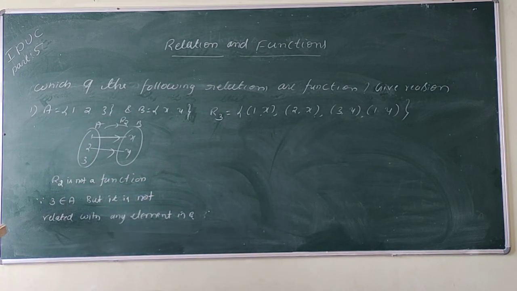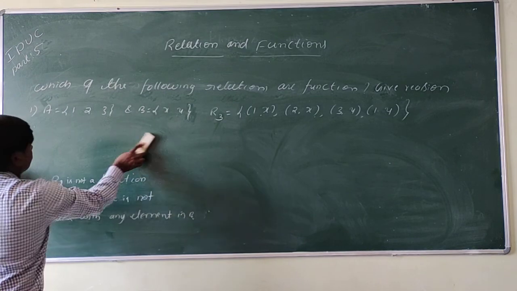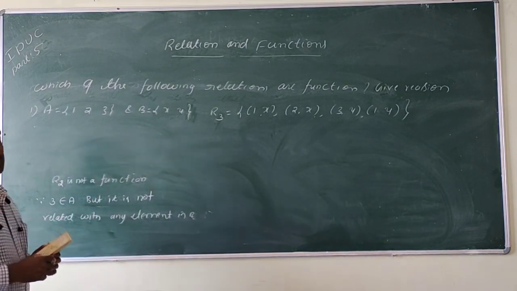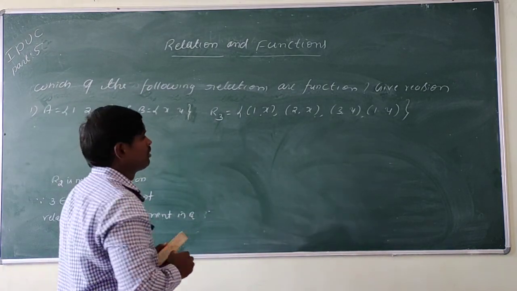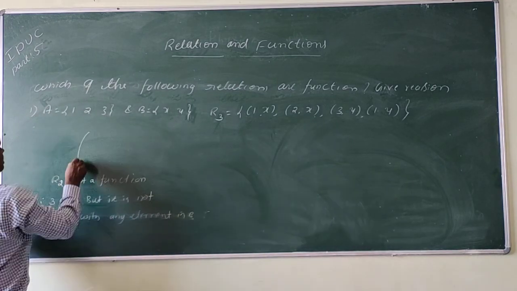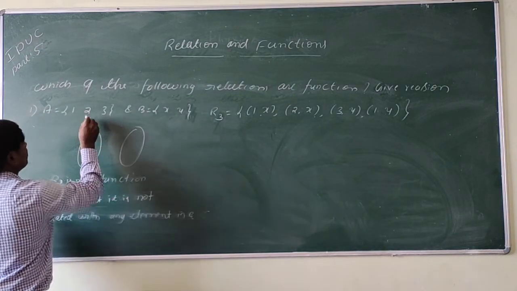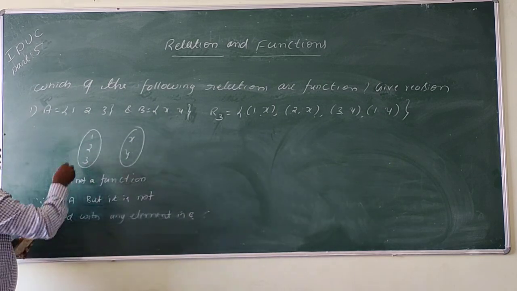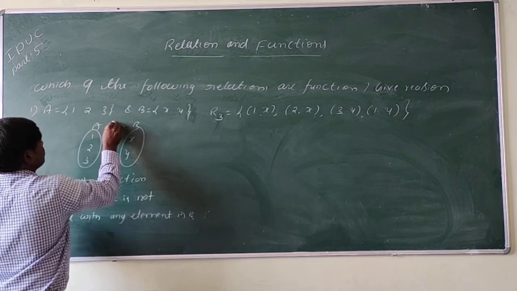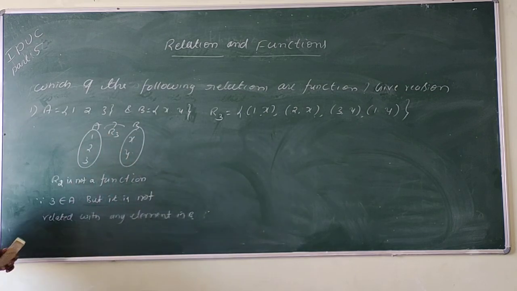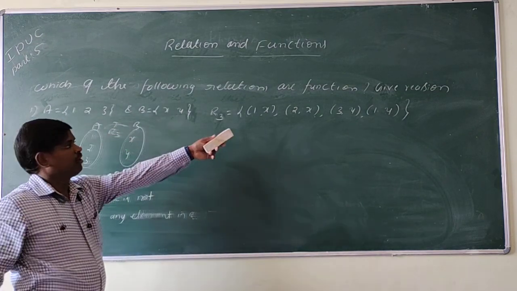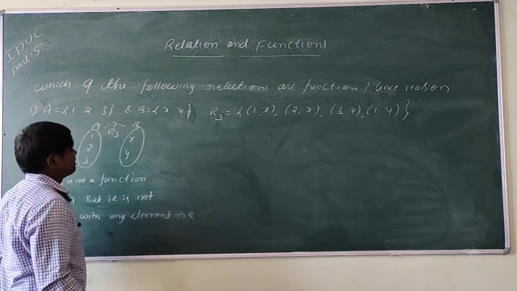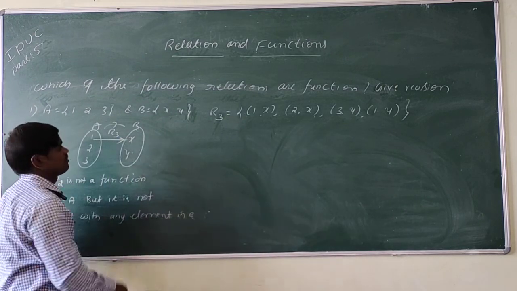Okay. So take the R diagram. The R diagram is the visual representation of the relation. So that is this set A and set B. We can see 1, 2, 3, and this is x, y. And this is set A and this is set B. So this is the relation R3. So (1, x) in R is the element. 1 is related with x. Yes, 1 is related with x.